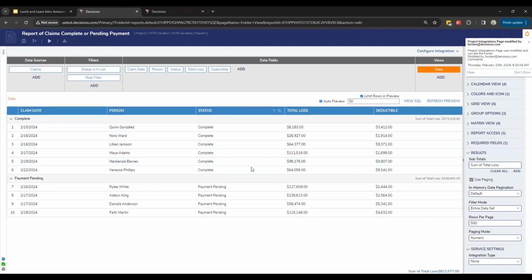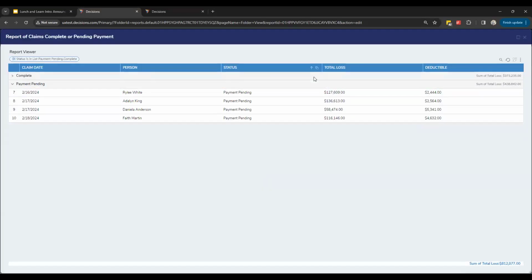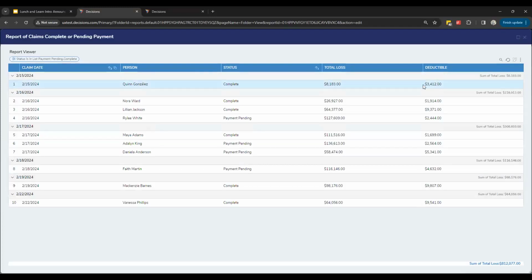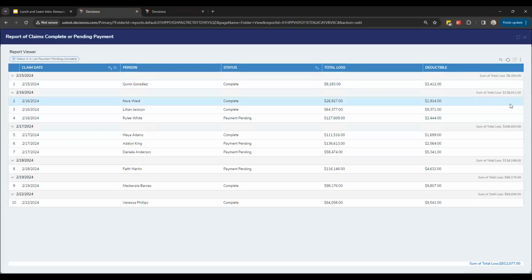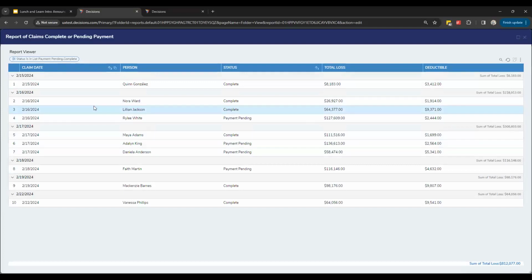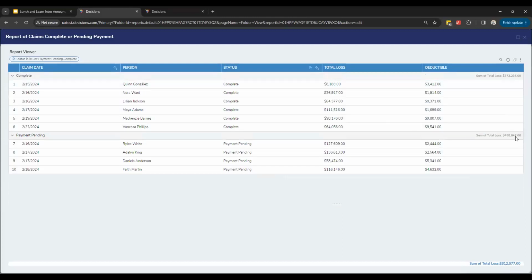At the very bottom is 812,000. If I run my report, I'll see that sum show up here. If I were to regroup and change my report, I'll see the sum change around. So maybe if I try to group it by date, I can now see the sums by date. So this is a dynamic calculation. So I could say, oh, my total loss on the 17th was 306,000. Well, how much of that money is in payment pending? Well, 438,000. So you can do totals of numbers.